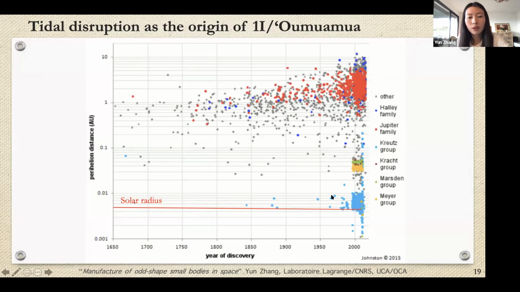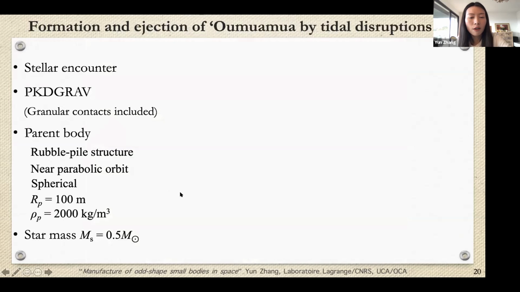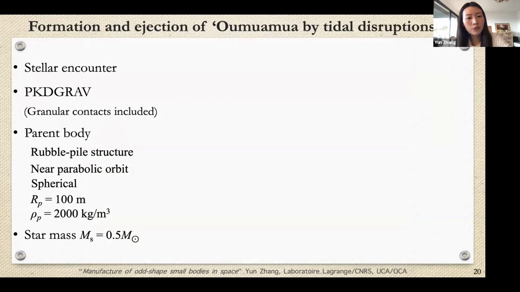Just like in the solar system, some long-period comets, also called sun-grazing comets, will pass extremely close to the sun at perihelion, as shown in this region. And in some cases, this encounter could induce a tidal disruption event. So our formation scenario begins with the assumption that Oumuamua originates from tidal disruption by the host star of its